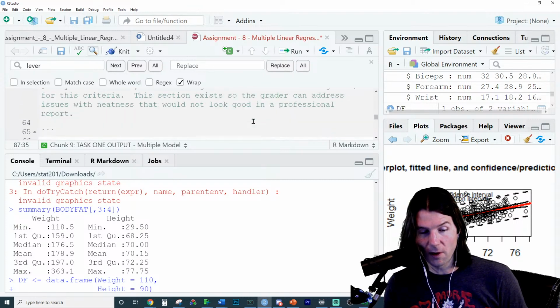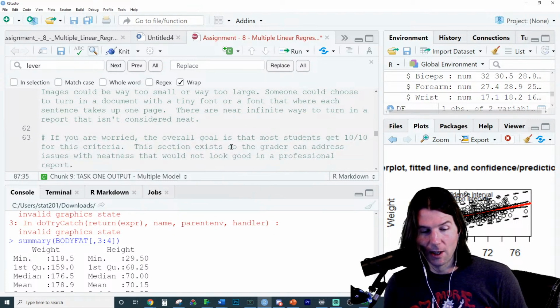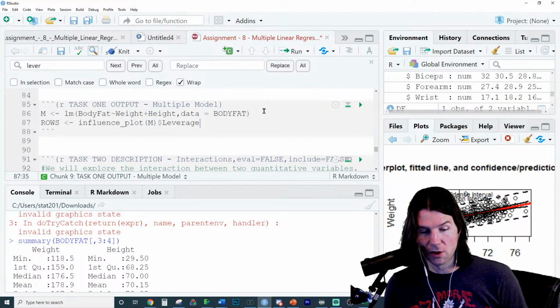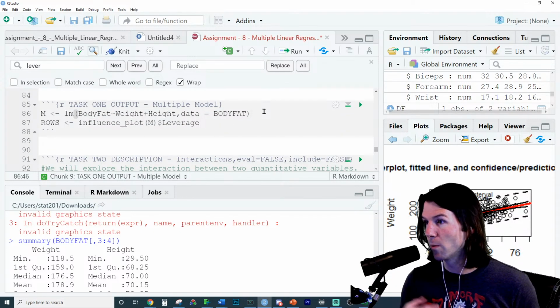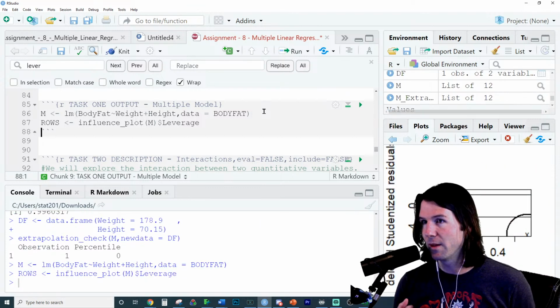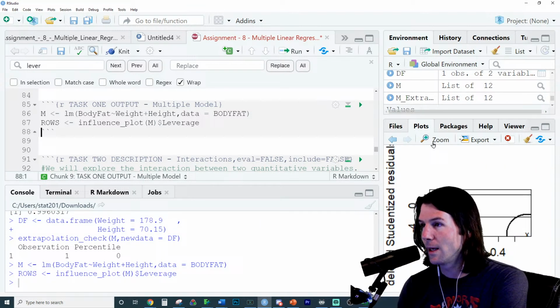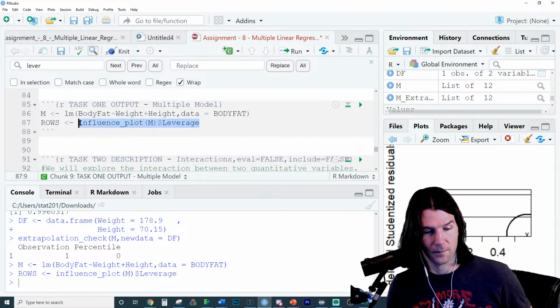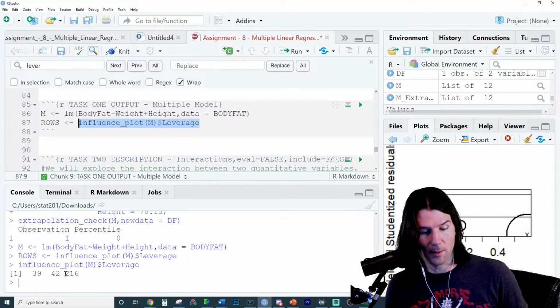So if you're listening to this part of this video and you hear high leverage, how would you describe something with high leverage? And this is not your model. I'm just making a similar model or a model that I can utilize. How would you describe something with high leverage? Let me, what is the name of that row? How would you describe,